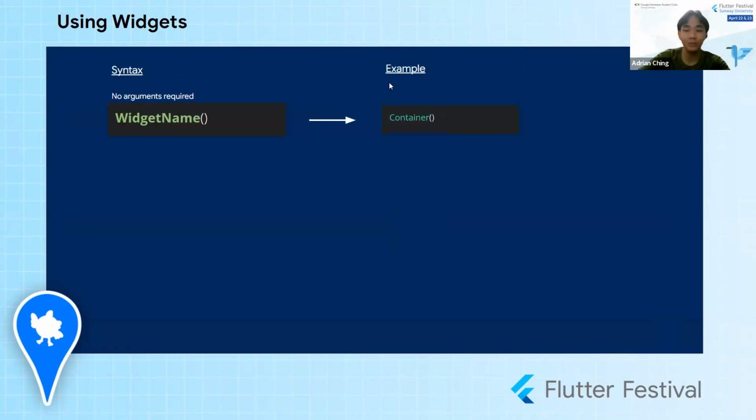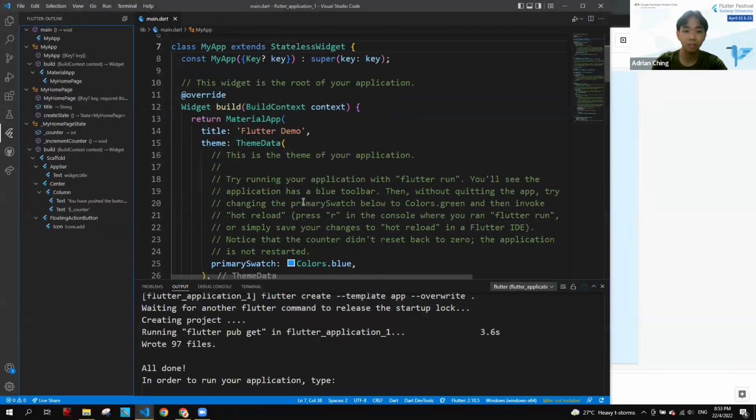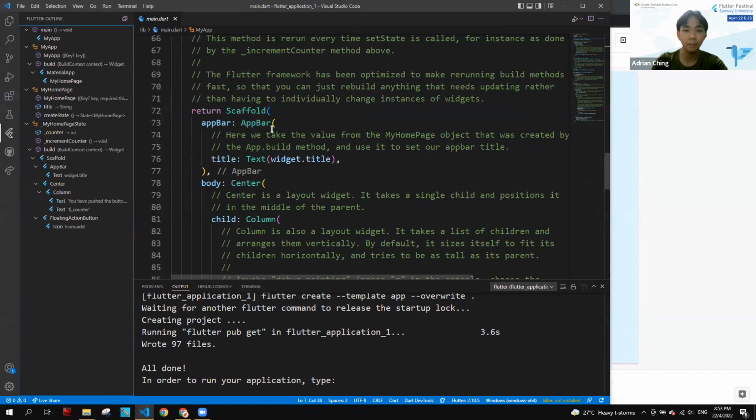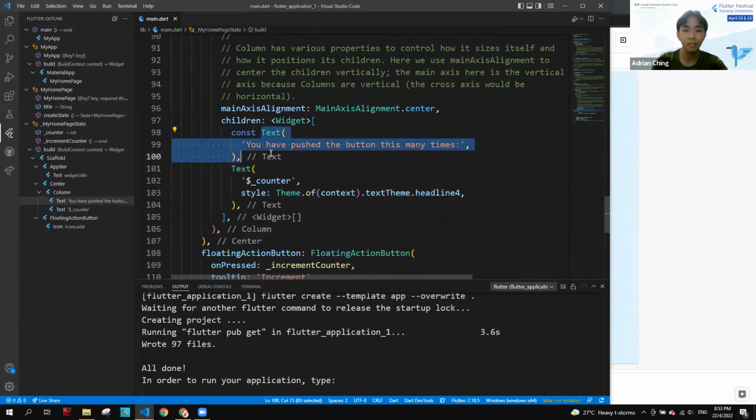Okay, to actually use a widget, this is an example. Different widgets have different parameters and different arguments that you need to pass in. A container widget can actually accept no arguments, something like this. However, this is an example of a text widget.